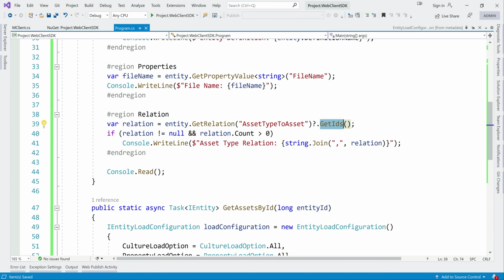We would get the IDs only. We will not get the labels here. We need to pass again and fetch those ID actual values. So here we get the relation and asset type to asset. And the relation we need to check as null values and everything, and I'm just showing you relation. In this case we will only get one relation because asset type to asset is one to many, and because we will only get one relation, let's quickly check.